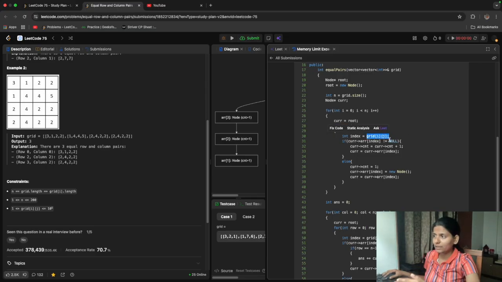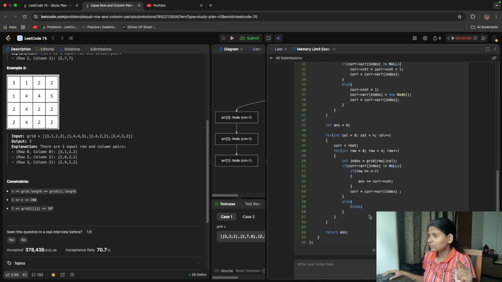Go to that index and assign a new node, and mark current equals to current at the index. Here I could have also taken current index common and written it that way, but I did that in my next video, in my next code. We are going to see that also.